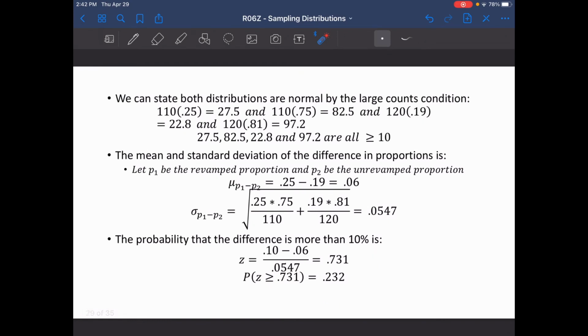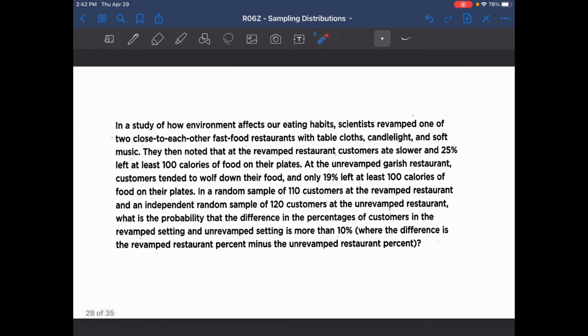So again, we can state that both distributions are normal by the large counts condition. So we have two samples of two different sizes. We have one sample of 110 customers at the revamped restaurant and a sample of 120 customers at the unrevamped restaurant. And so we take 110 first, because we're taking the revamped minus the unrevamped, times our